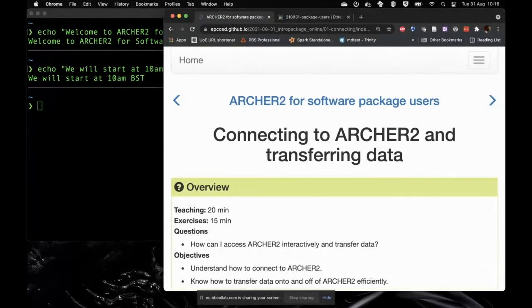Okay, so the first section, like I say, is often the trickiest one to get working with people. We're going to try connecting to ARCHER2, and we're going to talk about transferring data backwards and forwards. We try to have the first break straight after the session so that we get a bit of extra time to sort out people's connection problems if they can't SSH to ARCHER2. But